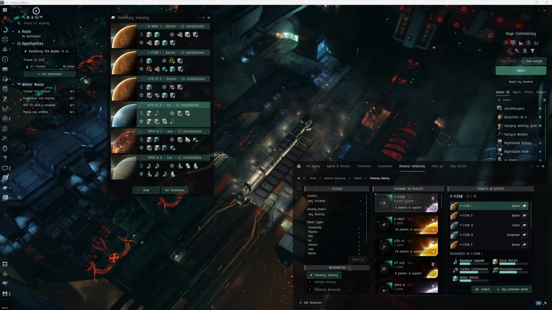If you're not limited to one system, I would suggest taking at least the adjacent ones to your corp staging or your PI industry location into consideration, because you can mostly get more yield, or way better yields, using one jump out. So what I personally do, my corp staging at this time would be like